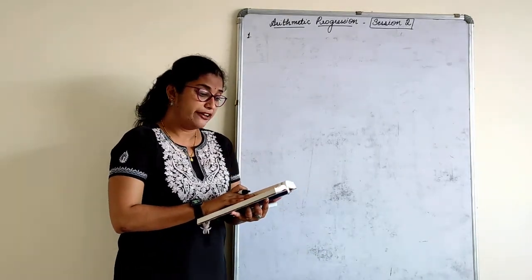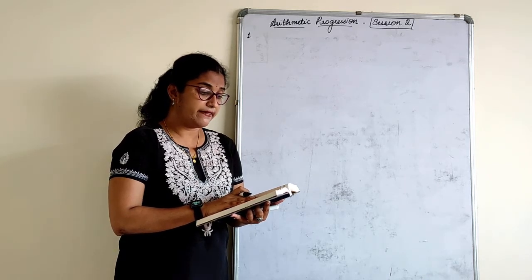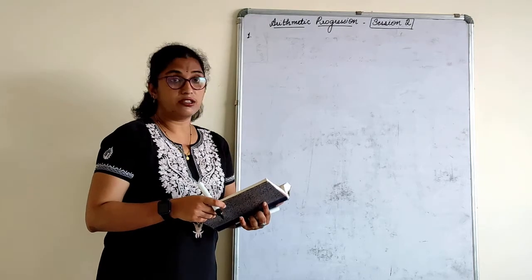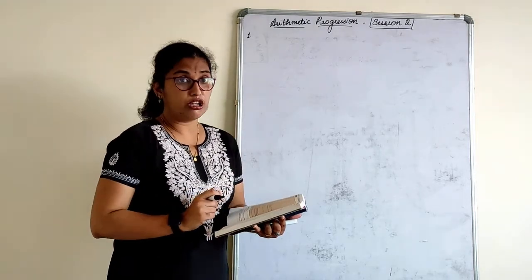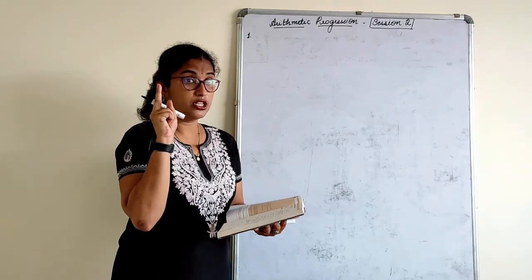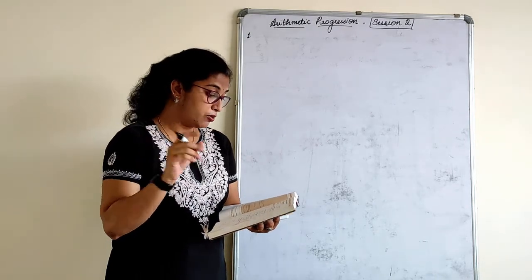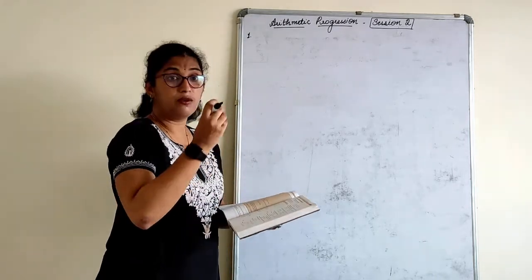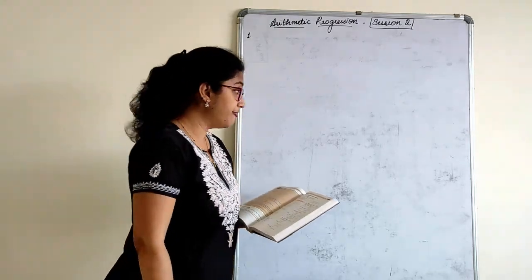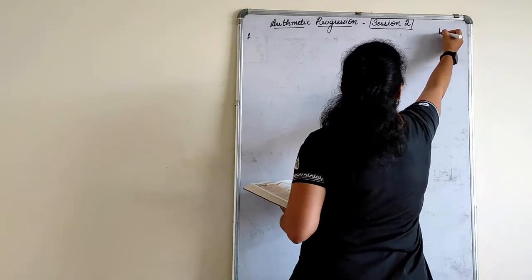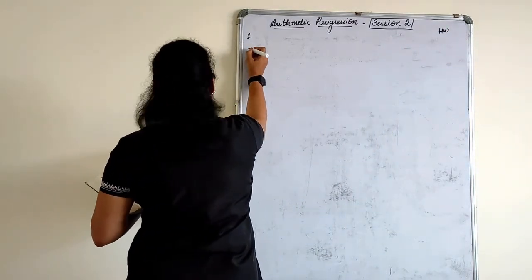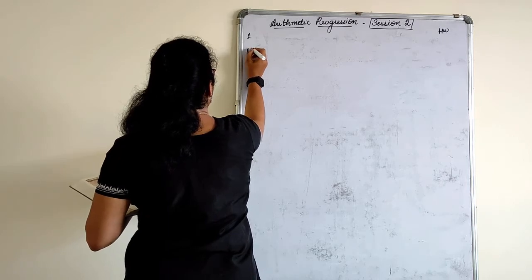First, fill in the blanks with the following table. Given that a is the first term, d is the common difference, an is the nth term of the AP. So it's a tabular column given with some blanks. One unknown is always asked. Two unknowns cannot be found out. So it's very simple. Whatever is given, let us write down. Whatever is unknown, we will find out.